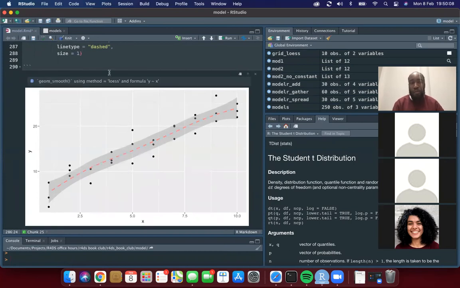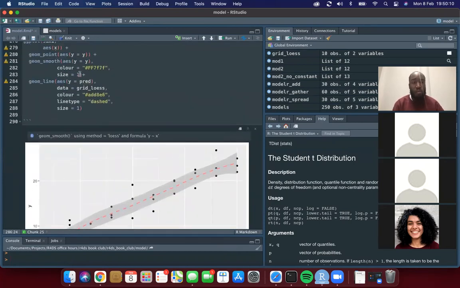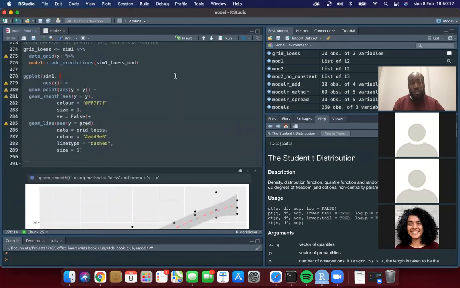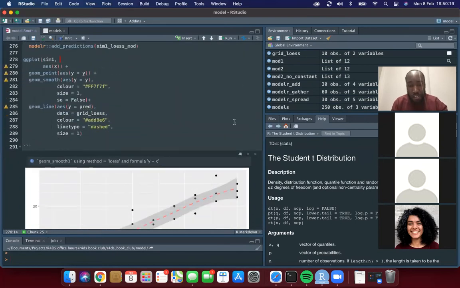And of course, if you want, you could remove the confidence intervals from geom_smooth, to basically be the same thing but without these gray